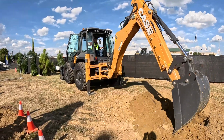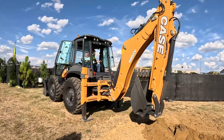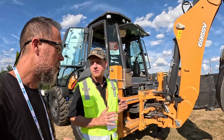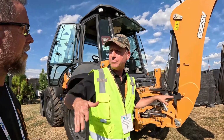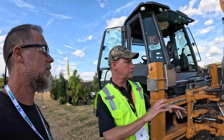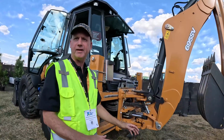I wouldn't say it's a specialty application, but the reason for this is to work in tight areas. So if you're working on a road project, for example, or in between buildings, it's a perfect fit for that. You will have differences on how the stabilizers work on this, depending on your ground conditions, because vertical stabilizers operate a little bit differently. Your stability is great out the back, but when you're digging off to the side, you just need to make sure that you understand that the stabilizers are...